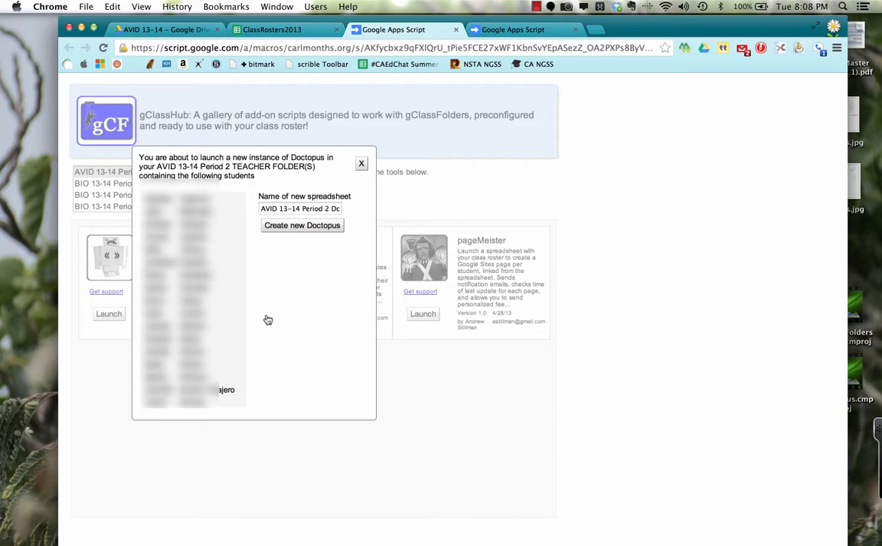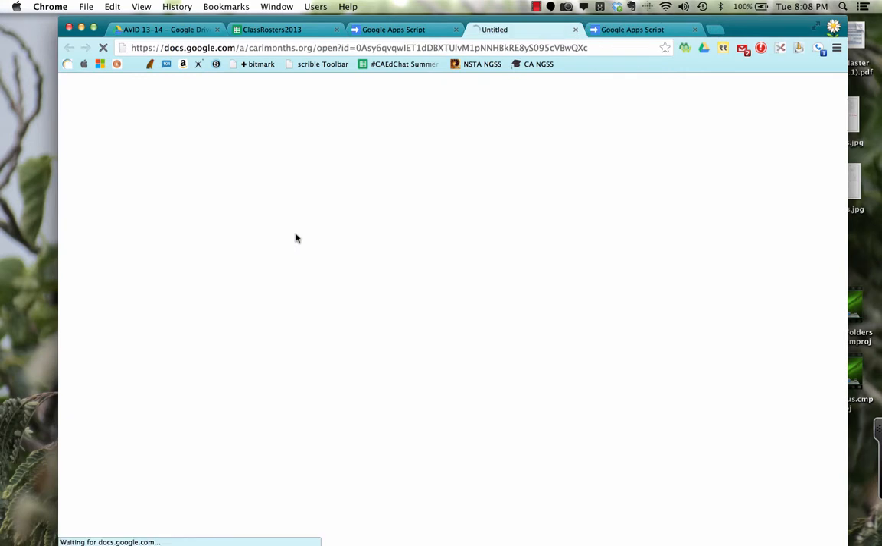so I can make sure that everything is correct, and then I can name the new spreadsheet. So I'm going to name this spreadsheet my Avid Letter 2013 Doctopus script. So I'm going to create the new Doctopus, and you can watch the little octopus holding a bunch of documents moving around. And it is successful, so I can click on this link to go straight to that